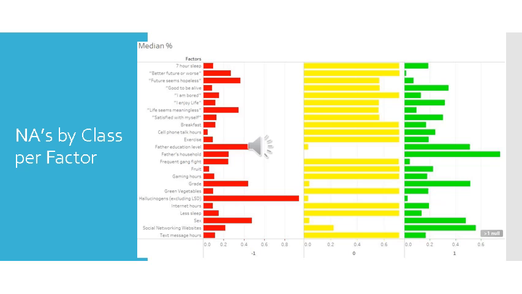The minimum value of 1 was found to be 0.014 for the factor belief of students in better future or worse. The minimum value for 0 was 0.033 for hallucinogens excluding LSD.